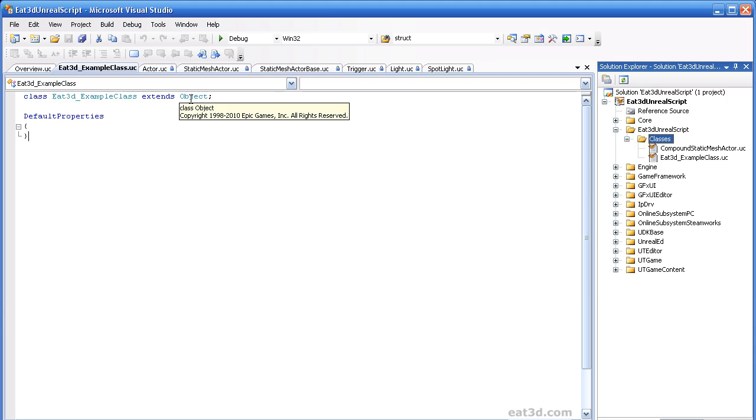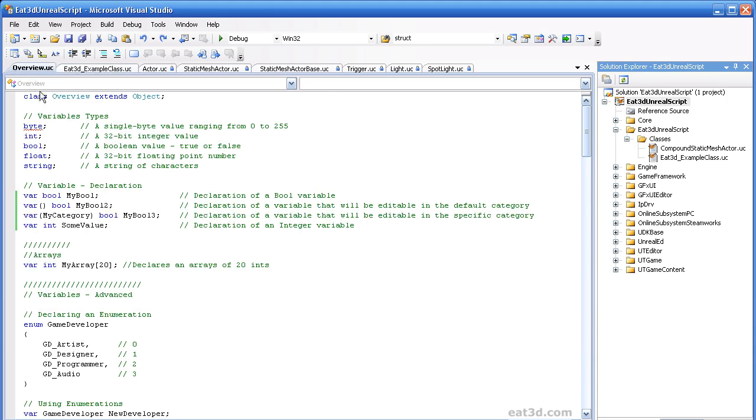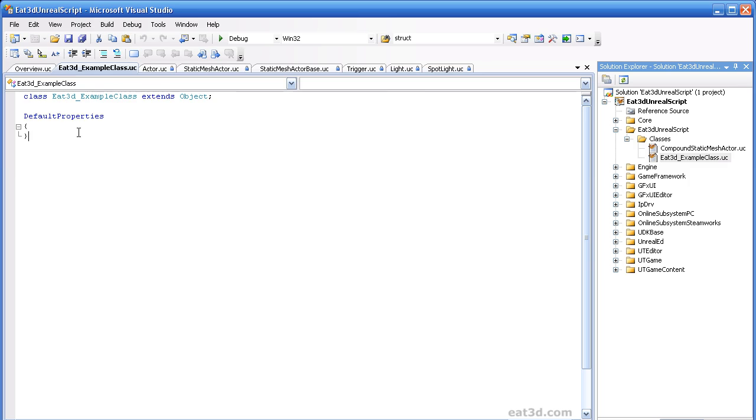But we talked about class structure just a little bit briefly when we were going over the overview file, when we first started filling this out. I wanted to come back to it just quickly because I wanted to talk a little bit more about class inheritance using the extends keyword in UnrealScript, and also to revisit a few different things to make sure that we covered how the classes are set up and how those work before we start looking